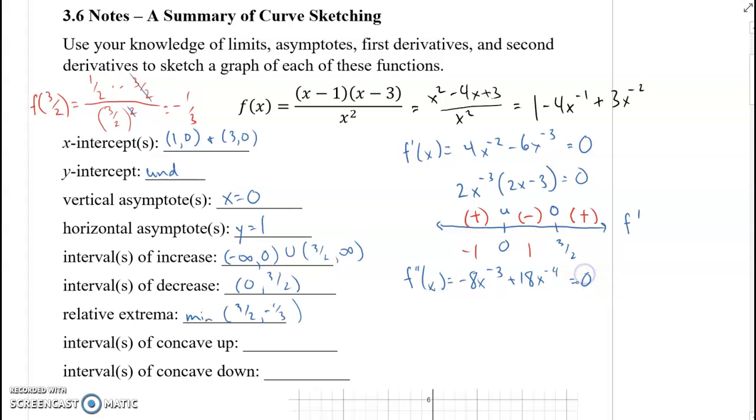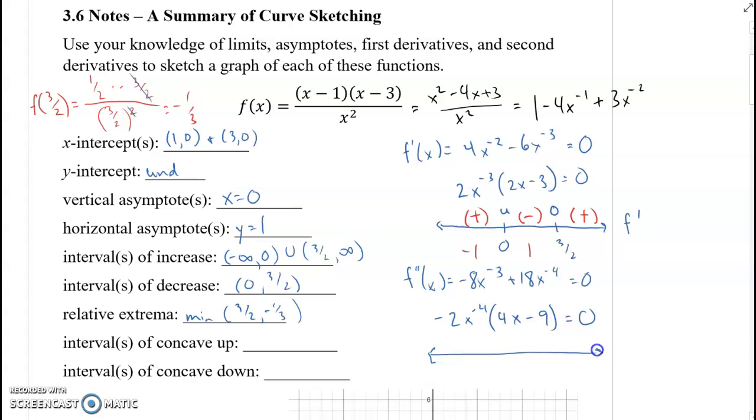Set that equal to 0. Factor out what we can. I'll probably factor out a negative, and then, let's see, a 2, I guess, and then an x to the negative 4. So this 8 goes down to a 4x, and this 18 goes down to a 9. So it's minus 9. And that is our second derivative in factored form, which allows us to find the places